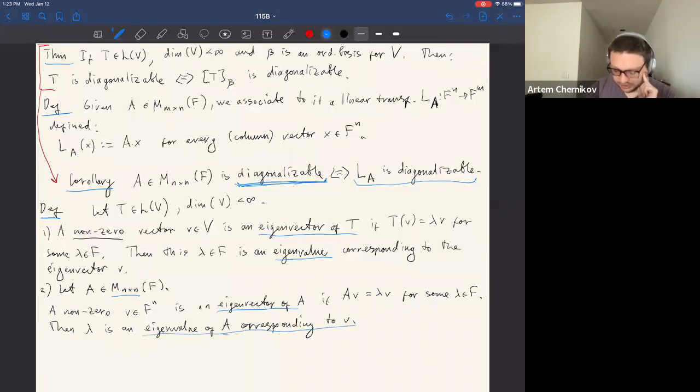So in the case of matrices, we can similarly define eigenvectors and eigenvalues, where we now view these matrices simply as linear operators on this vector space Fn. So it's like a special case of the first definition, but now we talk about matrices explicitly instead of linear transformations, linear operators. And of course, as usual, we have a correspondence again between matrices and